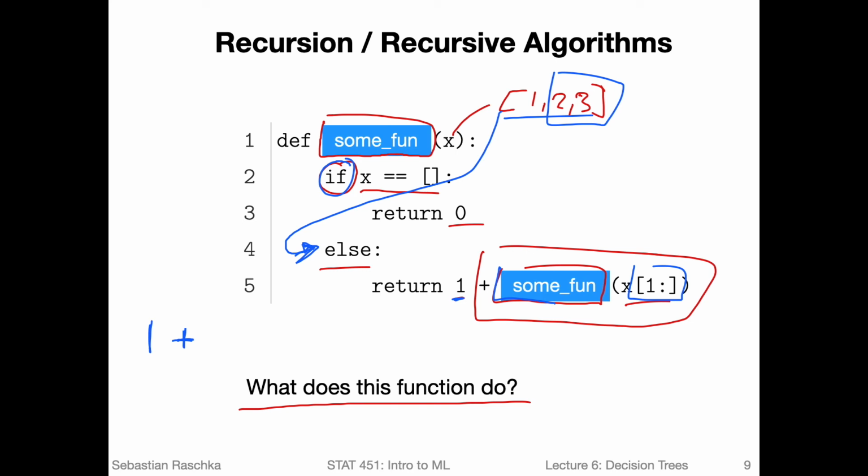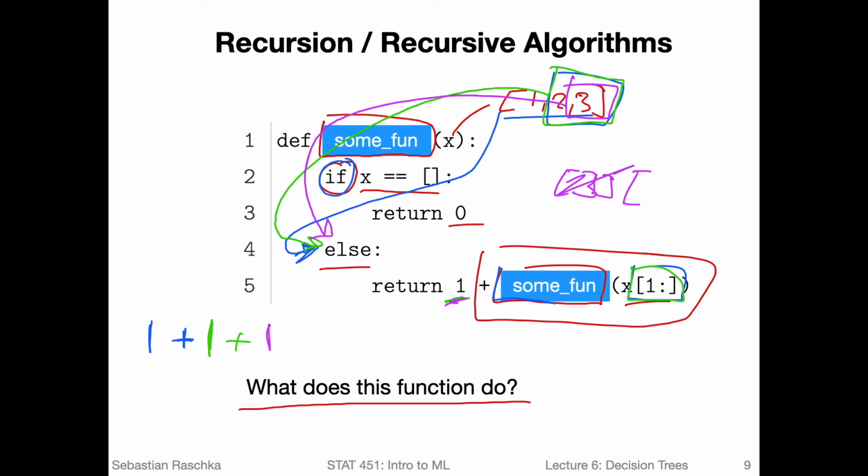Now we are doing the same thing again. Let me use a different color. We are now giving this one again to the function, which then goes to the else, where we again return a 1. So let us add another one here, plus again something, and again it will be truncating the array. So now we only have the 3 here, and the 3 again goes to the else, and then it returns a 1 here. If you have a list with the element 3, and then you do the indexing 1 colon, this one will return an empty list.